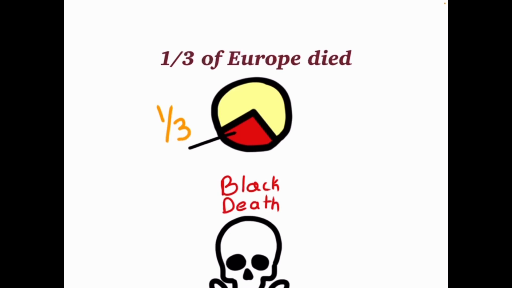Paris lost half of their people, and Normandy is said to have lost between 70 to 80% of all their people. Many villages were nearly wiped out. It wasn't until the 2000s that some of these villages were actually discovered that had just been abandoned for hundreds of years. Many saw the Black Death as the wrath of God, and sadly, they turned to blaming people that had nothing to do with it.